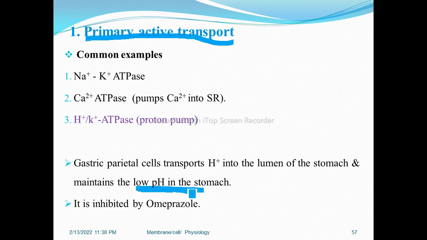Low pH means acidic. This acidic environment is inhibited by omeprazole. So the process of hydrogen transport into the lumen is an example of hydrogen-potassium ATPase, or proton pump. Before that, let me tell you some important terms